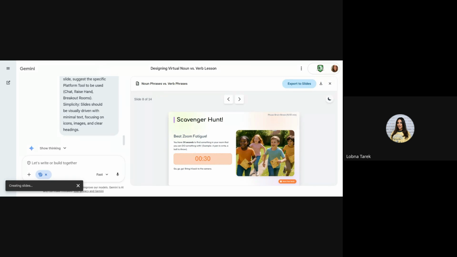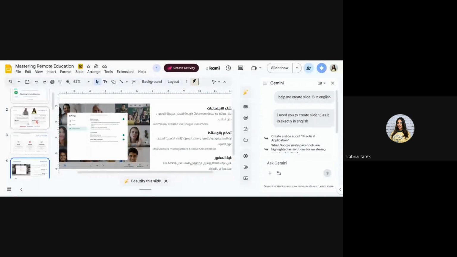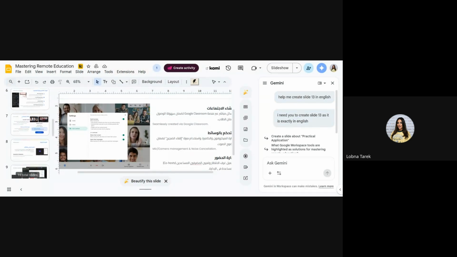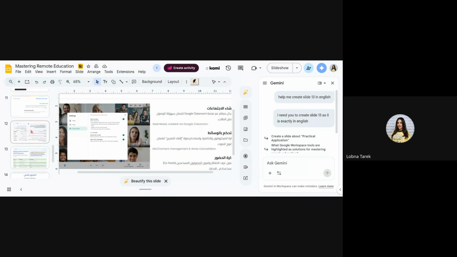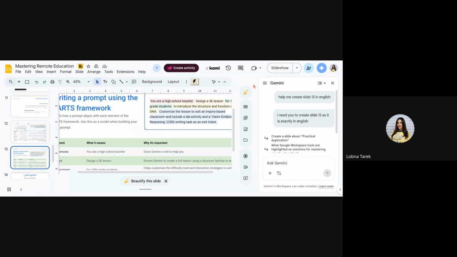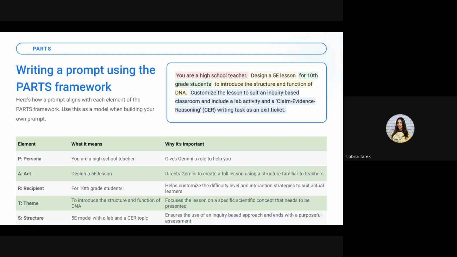Before we end the presentation or end our session, Yasser, I'll take them over the PARTS technique before sharing the doc. You can do the same in Arabic as well. For those who are new to AI or need help with the prompts, okay, let me just share this. Yes, sir, you can see my screen, right? Yes, sir? Yes, yes. Oh, okay. Oh my God, that was scary. Okay, so